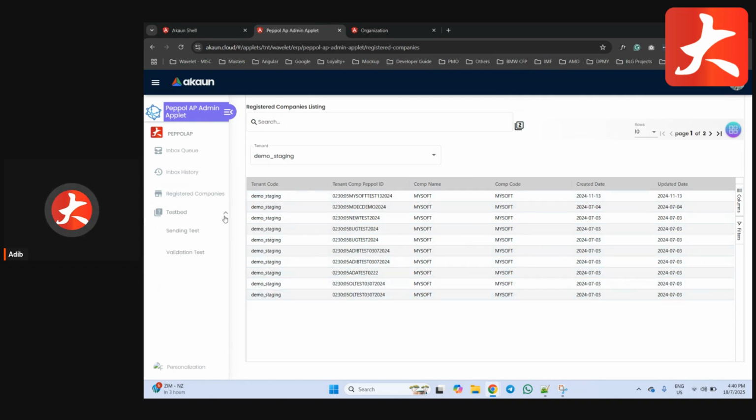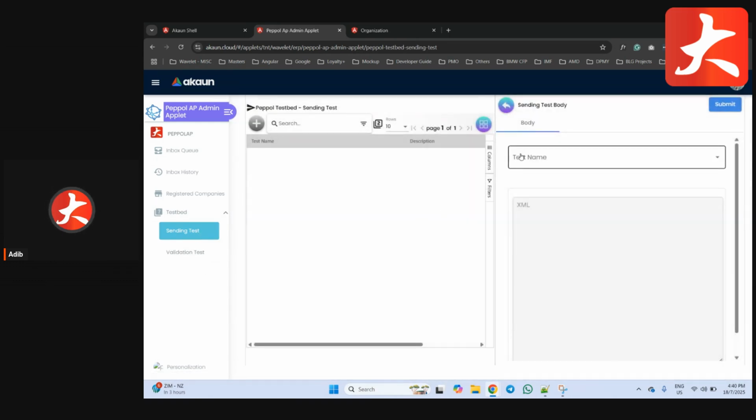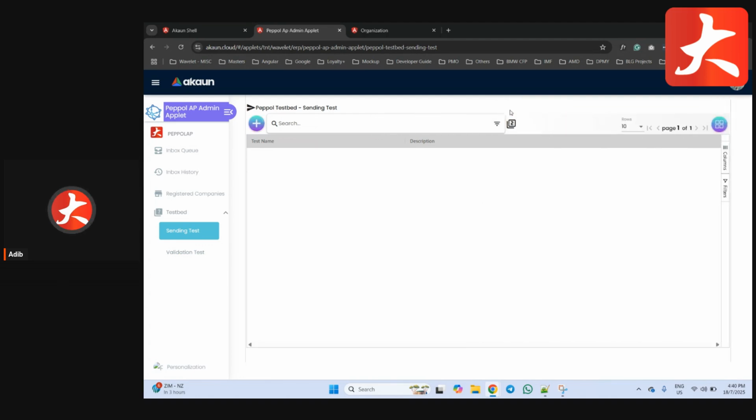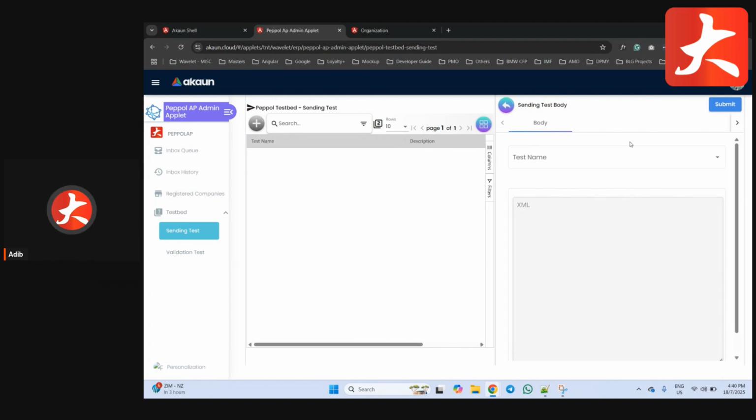Then the last tab we have is the test bed tab. This one is currently not in function, but when we initially developed it, the idea was to replicate the PINT MY test bed into our system. Under test bed, we have two sub-menus: one is the sending test, and the other is the validation test. If I go to the sending test and click on this plus, then here I can select